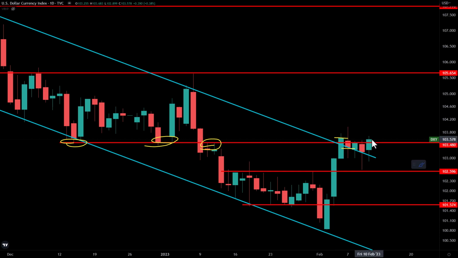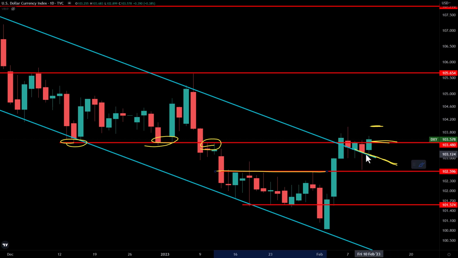Okay, so I think that the first 24 to maybe 48 hours of the new week are really going to tell us where this is going to go. Do we get a continuation and a convincing close up here above 103.50, or do we get that rotation lower and a close back below the top of this channel? Now, in order to see dollar weakness, we would really have to see a close below the top of this channel, but then also below this area right around 102.60. But again, as long as the market is holding above this area right around 103, we have to respect this